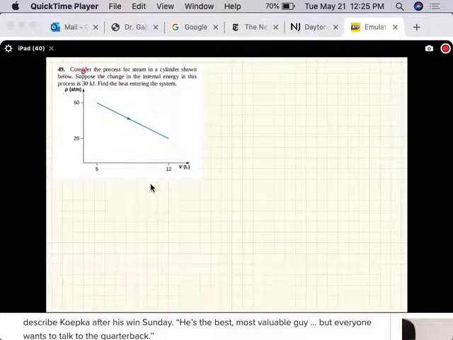Okay, this problem says, consider the process for steam in a cylinder shown below. Suppose the change in the internal energy in the process is 300 kilojoules. Find the heat entering the system. Okay, so